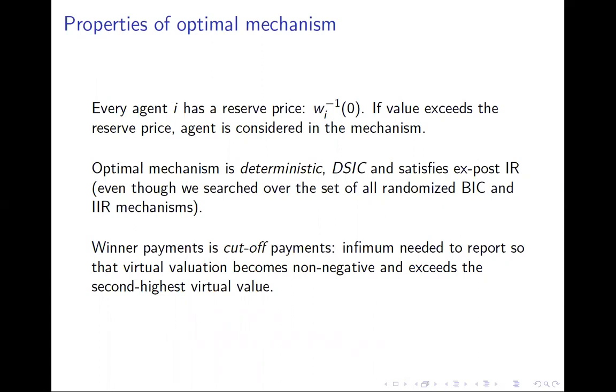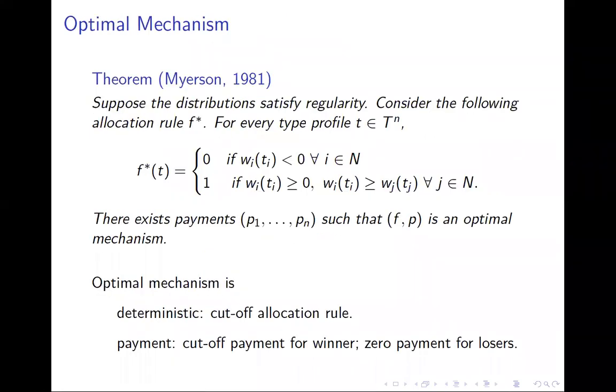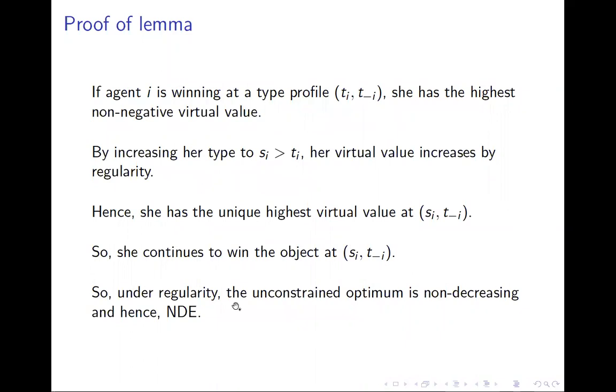It satisfies BIC and IIR. So why are we writing DSIC and ex post IR? Because we saw that if we assume regularity, then this particular rule is non-decreasing. It satisfies the stronger property of non-decreasingness, rather than non-decreasingness in expectation. So the proof of the lemma basically shows that the optimal rule is non-decreasing, satisfying the stronger